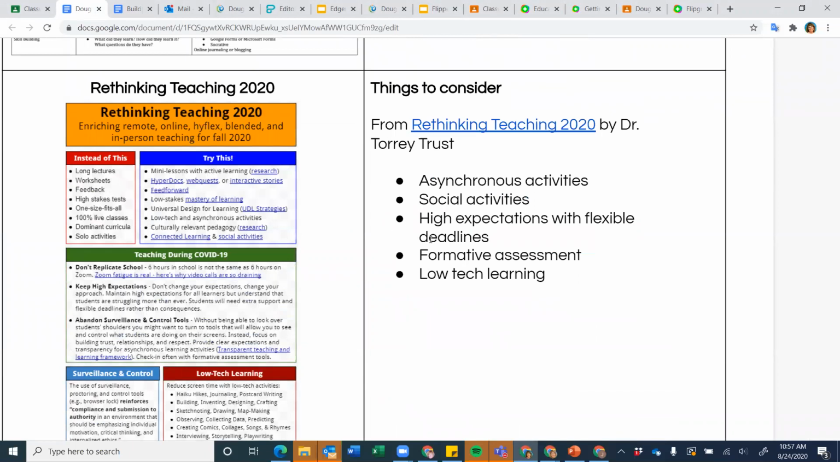One of the other things, and this is another one, Dr. Tori Trust is a professor in Massachusetts, and she posted this, Rethinking Teaching 2020. What I like about it is, it's not just online, it's not remote, it's not blended, it's not in person, it's like everything. So it really helps you think about your year and what you're doing. If we pop in and look at that,